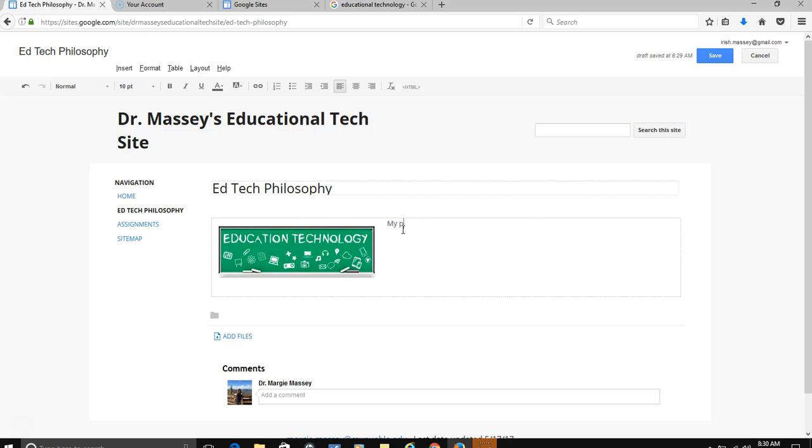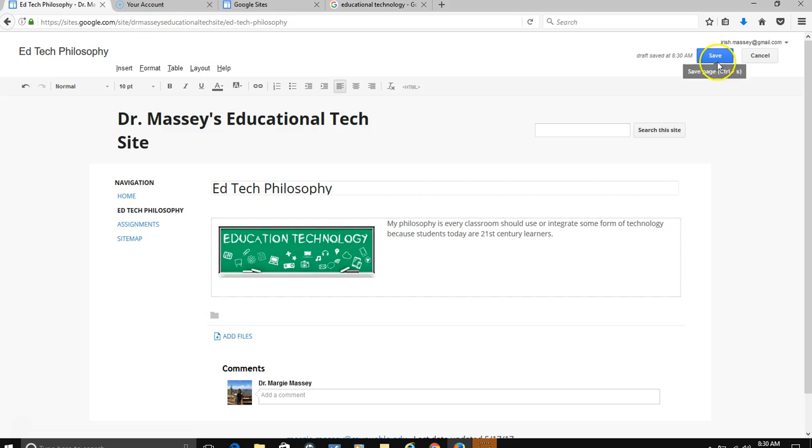So like I said, my philosophy, and again, this is not going to be exact, is every classroom should use or integrate some form of technology, because students today are 21st century learners. And then I would go on to say more about why I think that. For me personally, I would also back it up with some research to support that. So assuming that I've got my nice two paragraphs about my philosophy about the use of technology in the classroom,